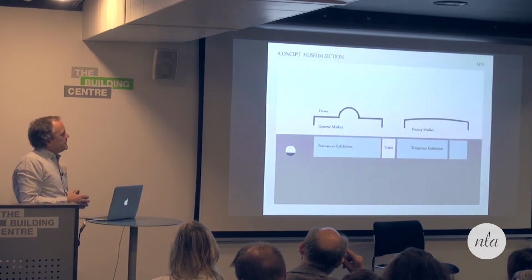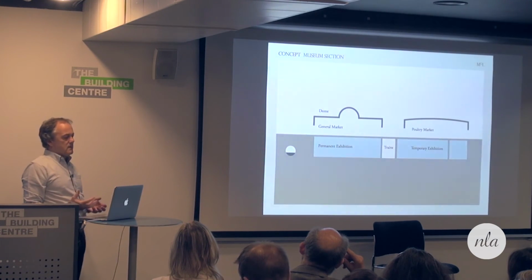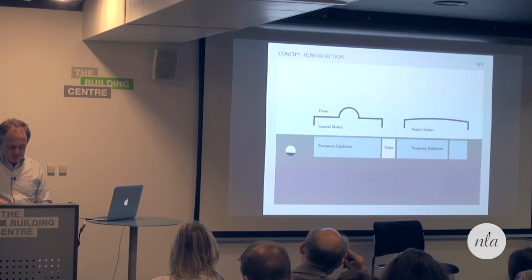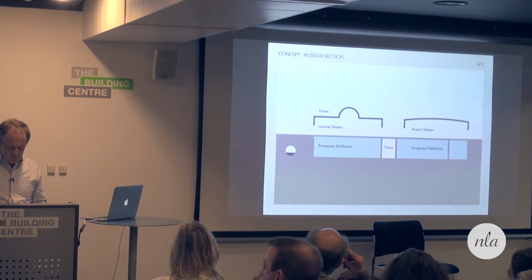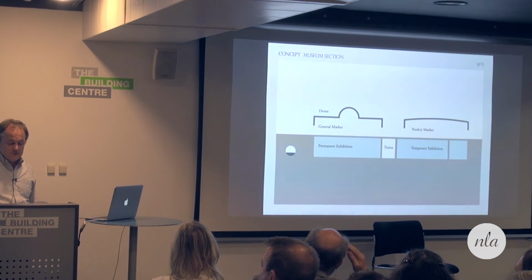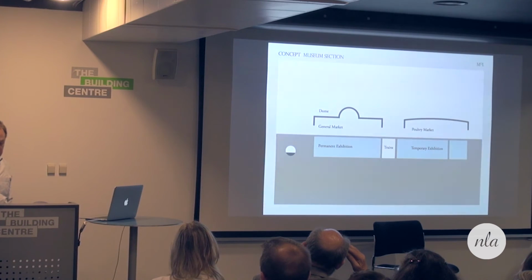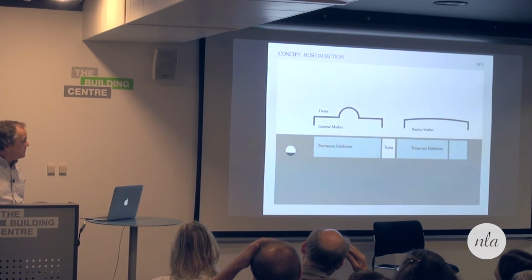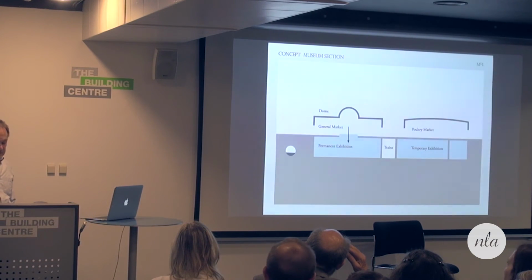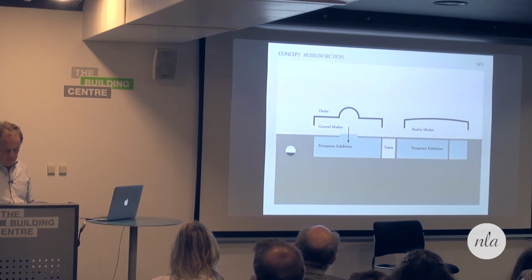One, this idea, this notion of actually moving down underground. I don't know what you feel. We actually said on the day, our design begins with a single idea that the dome of the general market exactly marks the new centre of London, and a circular aperture in the floor directly under the dome marks the museum entrance. Conceived as a portal into London's past, the visitor descends into the museum via a spiral escalator,